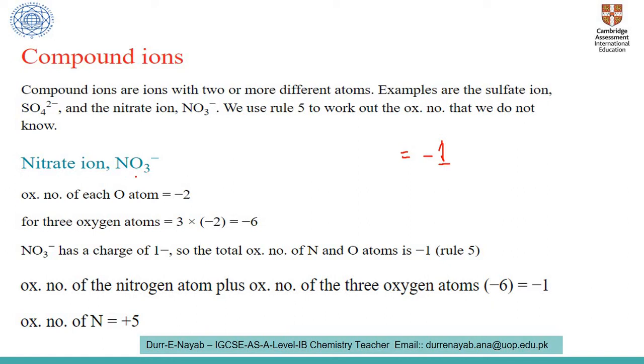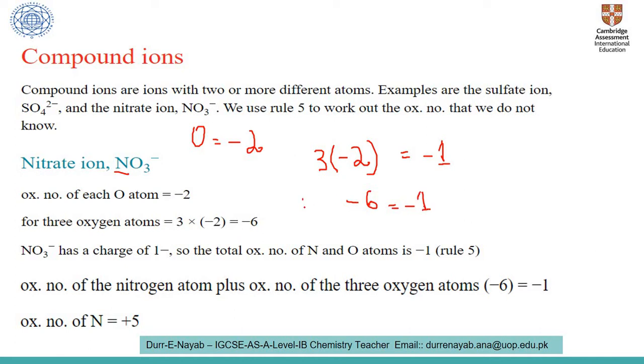Now we're going to find out the oxidation number for nitrogen and oxygen separately. Let's have a look. I don't know the oxidation number for nitrogen, but I do know the oxidation number for one oxygen, that is -2. So I will put -2 over here. And how many oxygens do I have? I have 3 oxygen atoms, so I'm going to multiply that with 3. 3 twos are 6, so -6